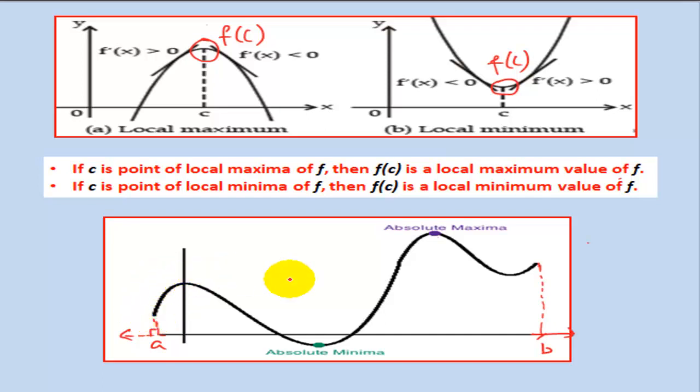So if we look at this very carefully, we are finding more than one local maxima. This can be a point of local maxima. This can be a point of local maxima. And this also can be a point of local maxima. But out of these three local maxima, if you see, this one is giving us the maximum value for the function. So this particular point where you are getting the maximum value for the function is called absolute maxima. It is also termed as global maxima.